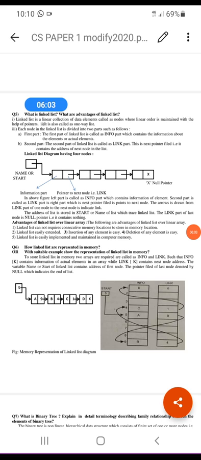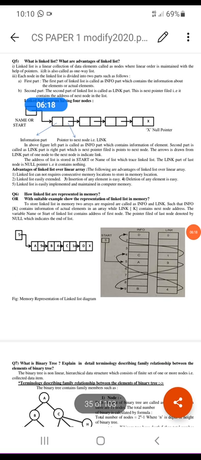Here one example is given with a diagram. We have the start, then the next pointer to that location, where the first part consists of information and the last part consists of the link to the next node. Suppose we have a linked list starting at the fifth memory location having information A which points towards 9, having information B which points towards 4, having information C which points towards 1, having information D, and ending there.